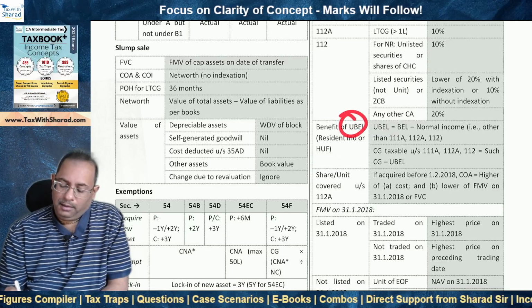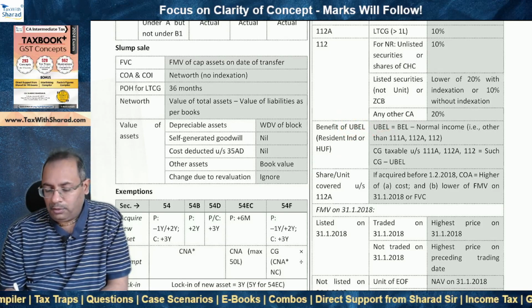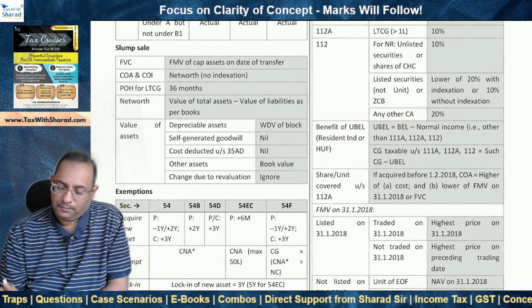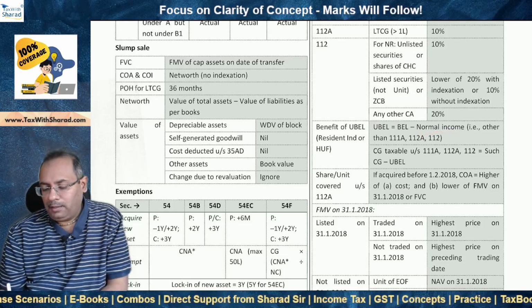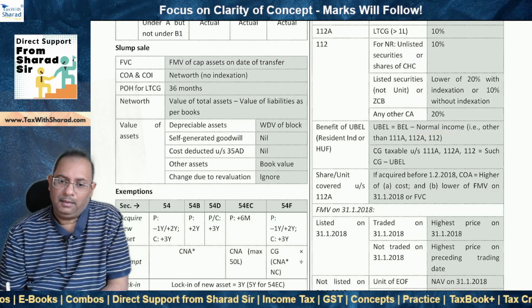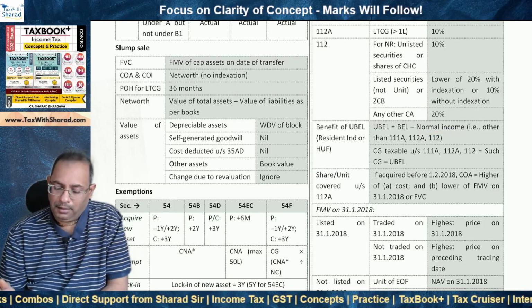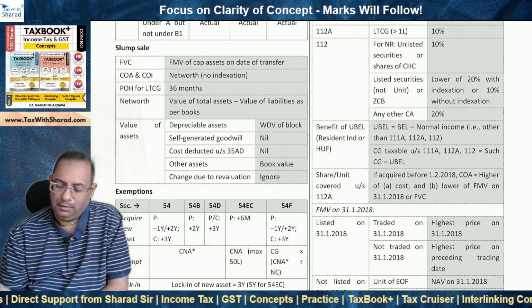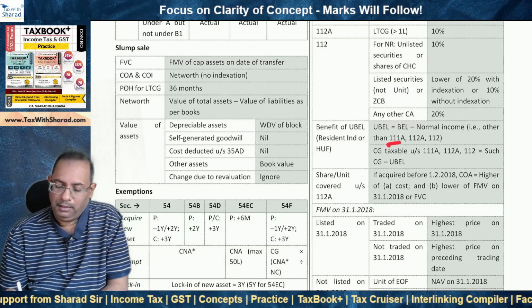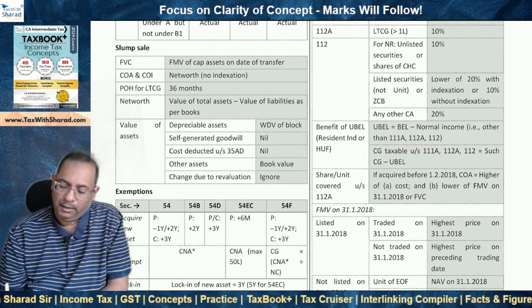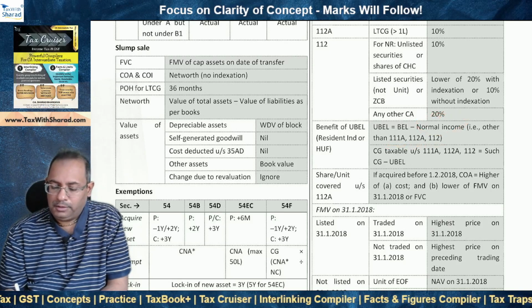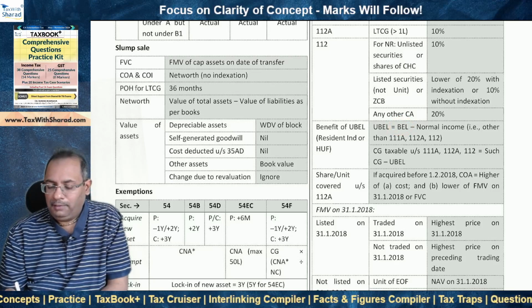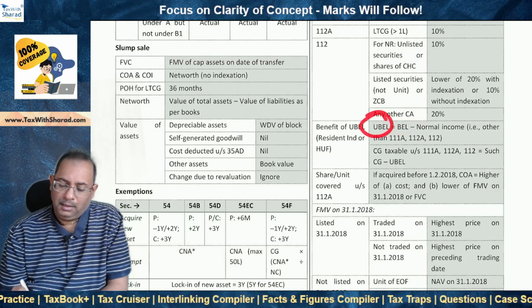This is called UBEL. UBEL is equal to the basic exemption limit minus the normal income. And the normal income is income other than special income or the special capital gain income or the capital gain income taxable at special rates. That is under section 111A, 112A and 112. So income other than 111A, 112A or 112 is the normal income. We reduce that from the basic exemption limit, and if the result is a positive figure, that means that is